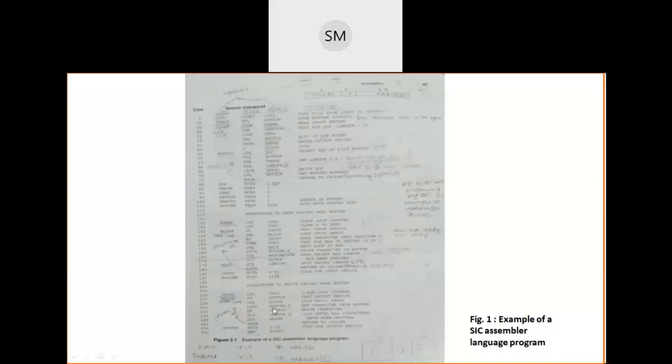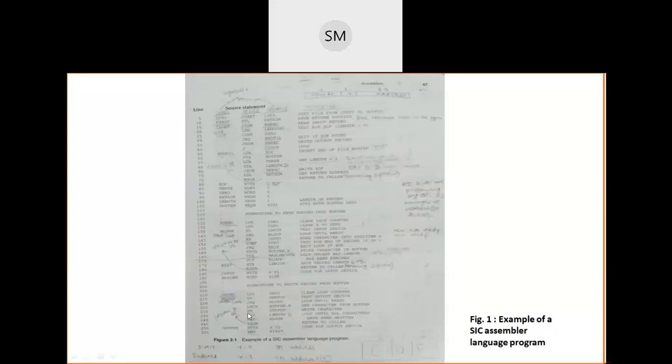In the buffer it is going to load. What is it going to do? It is going to take the character from the buffer. Which character from the buffer? The character which is stored in the index 0. The character which was stored in the index 0 in the buffer, it will take and load it to register A, LDCH. From LDCH, in register A there is one character now. The content of register A is one character.